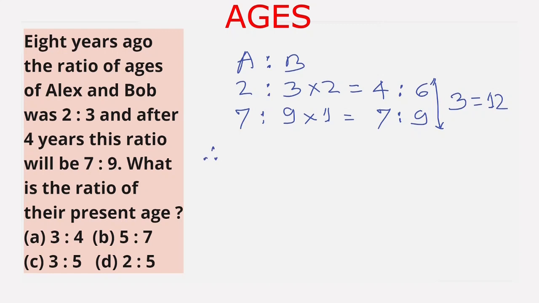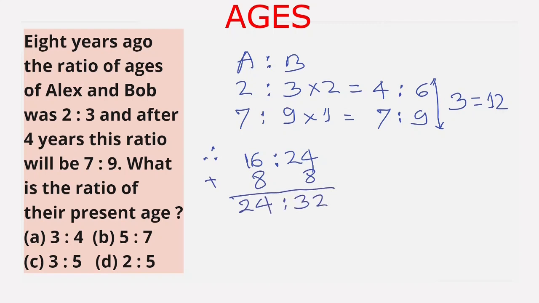Therefore, 4:6 is 3 parts equal to 12. So 1 part is 4, and 4 parts equal 16 and 6 parts equal 24. These are the ages of A and B, or Alex and Bob, 8 years ago. So we have to add 8 to these two. This becomes